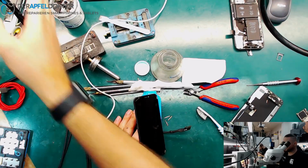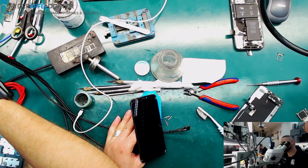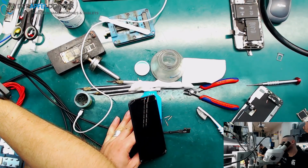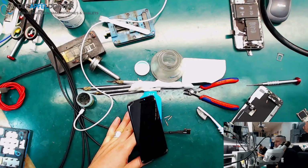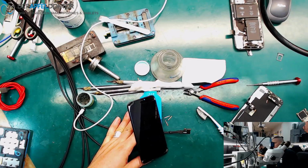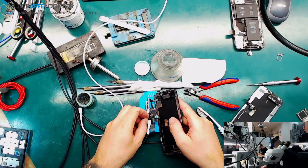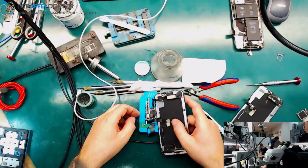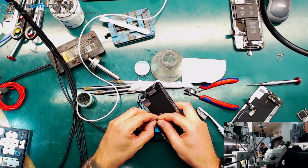And now it looks like a boot, and we are missing the Apple at the moment. Perhaps we have a bad screen too, because this is a boot 100%, okay? This is a boot. The numbers are a boot. Perhaps we got a screen issue. Andy, do you have a...